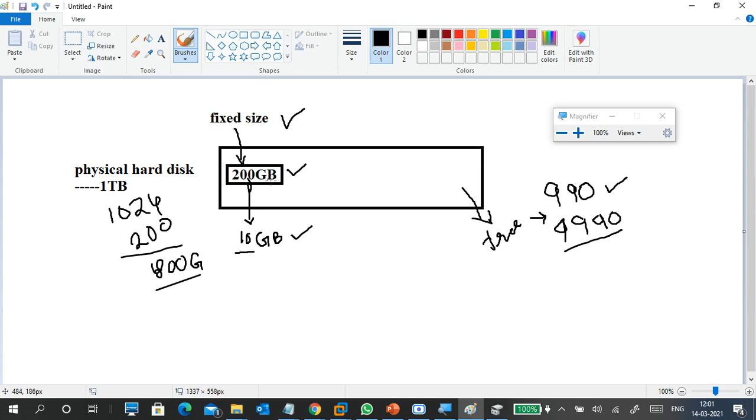So it will occupy 200 GB, and you put only 10 GB. So inside of this machine, 190 GB free space is there, but in the main physical hard disk, 200 GB is occupied. Okay, 10 GB is used in 200 GB, 190 GB free, but still a total of 200 GB is occupied. So I got only 800 GB free space out of 1 terabyte. That is a fixed disk, it occupies from the start.